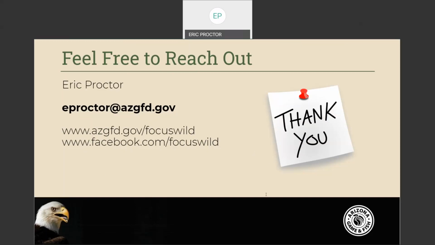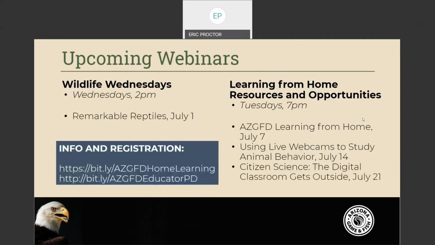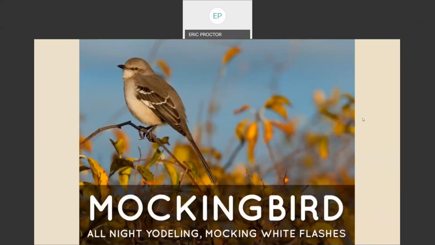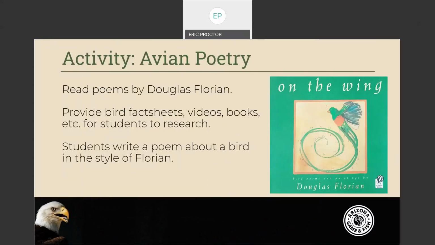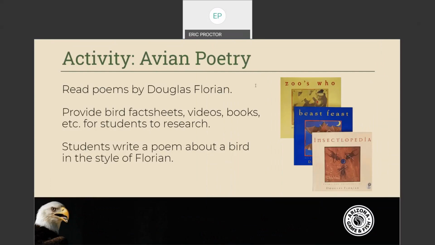Looks like, oh, okay. So Anne, can you show the slide with the recommended books one more time? I think you're talking about the... I'm looking for the title of the book with the bat. Are you talking about the poetry books? Let me go back. So here's the poetry one. Let me go back one more, and there you can see. If you search Douglas Florian, you should see the collection of his books.